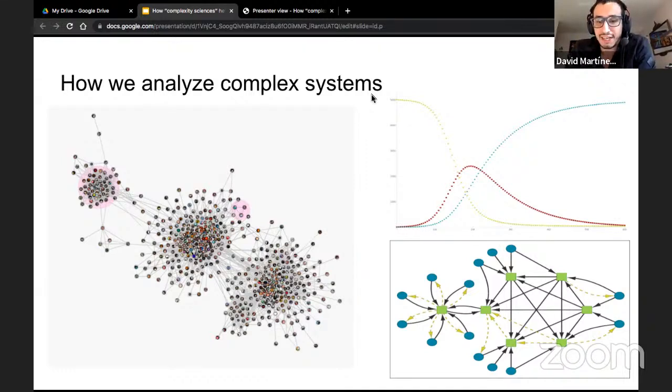In the other way, we have a different approach, which is to start trying to understand the system, how the elements are related between them, and then make a model of the whole system and run it and see how its dynamics work, and if in reality the dynamics are adjusting to the data that we see in real life. So we have those two approaches. Which one is better? Well, it depends.